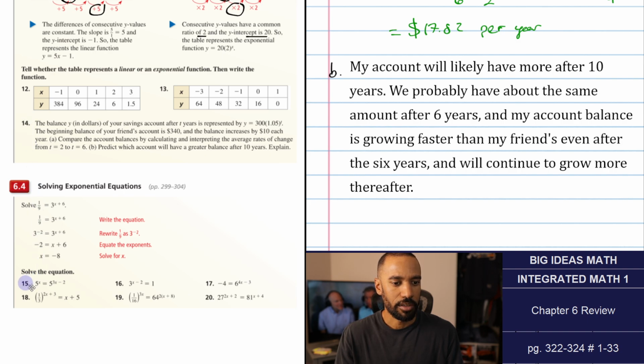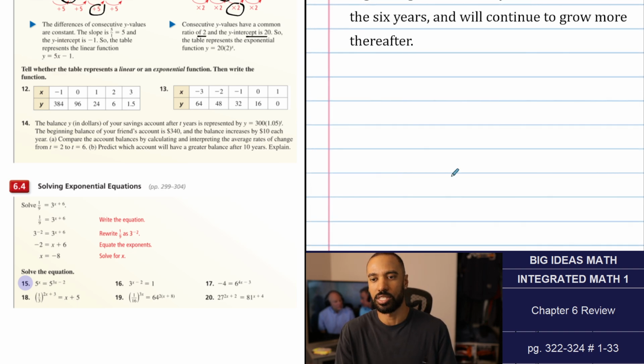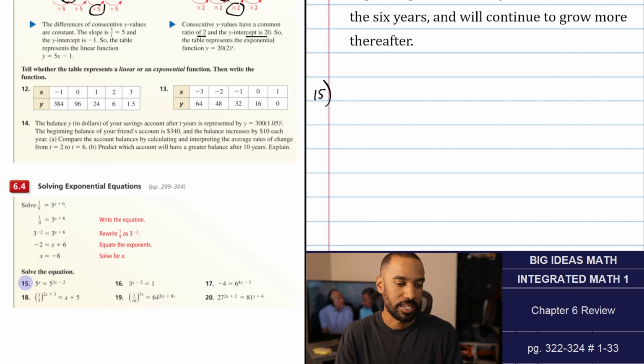Section 6.4 is solving exponential equations. Now, solving exponential equations has a lot of things that go on with it that are different from what we did on solving linear equations. But the thing is to get x by itself ultimately and to get it into its linear equation form. Your goal is to get matching